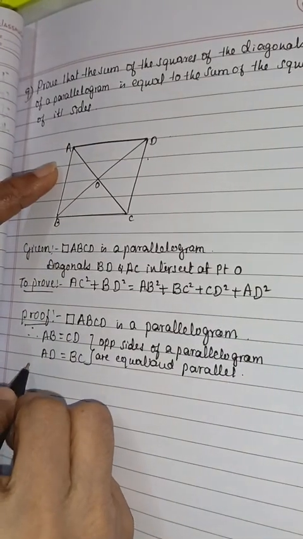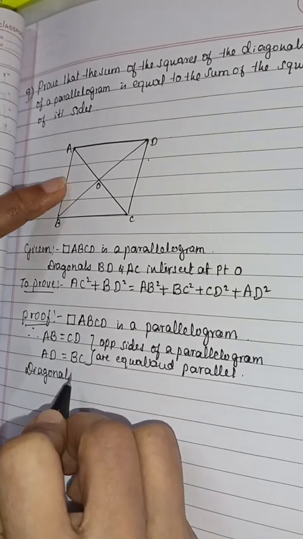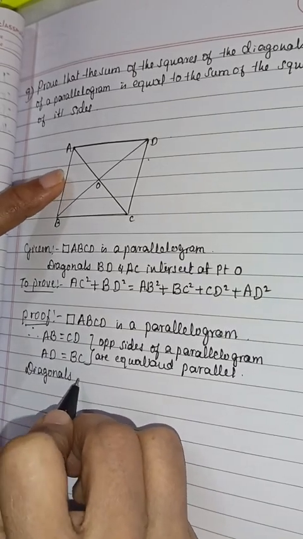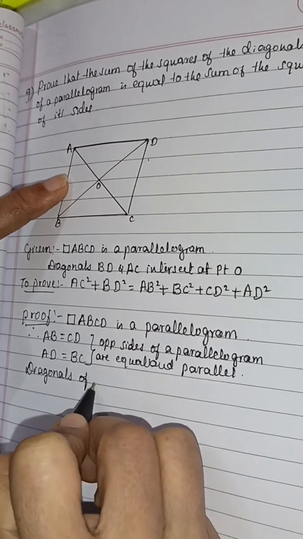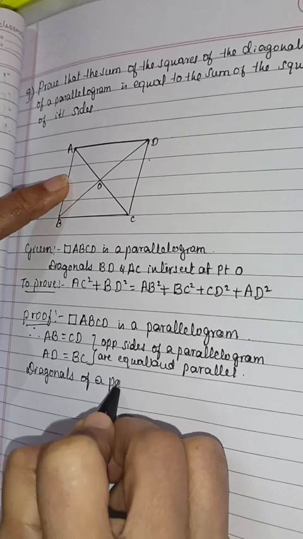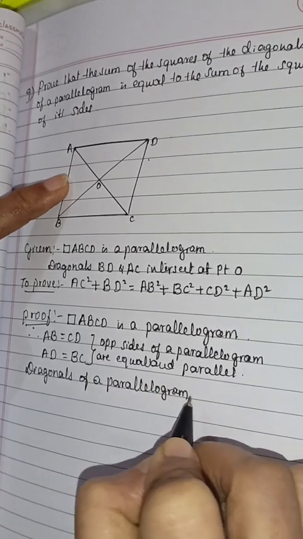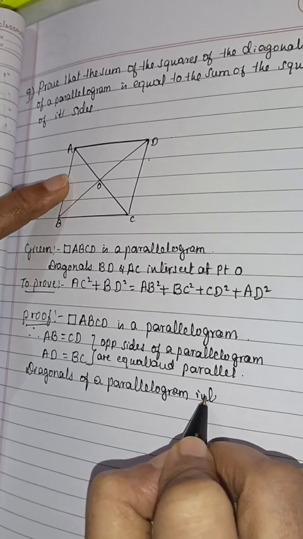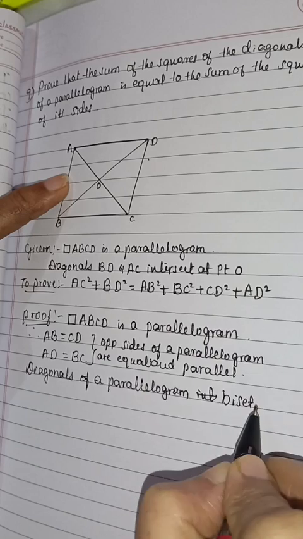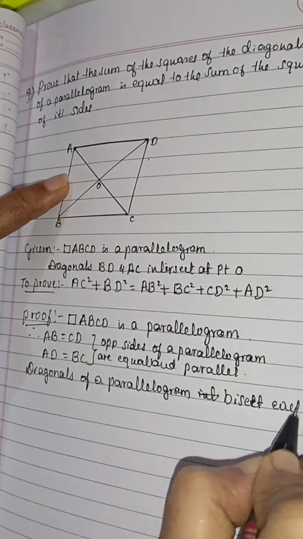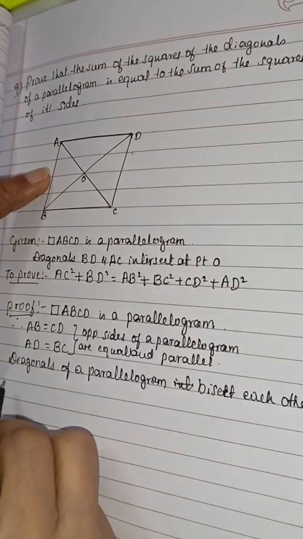And diagonals of a parallelogram bisect each other. Bisect is the better word. They bisect each other. Therefore